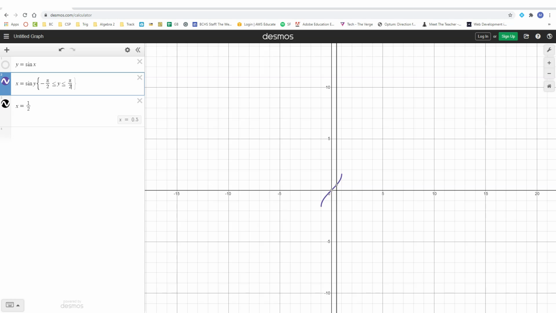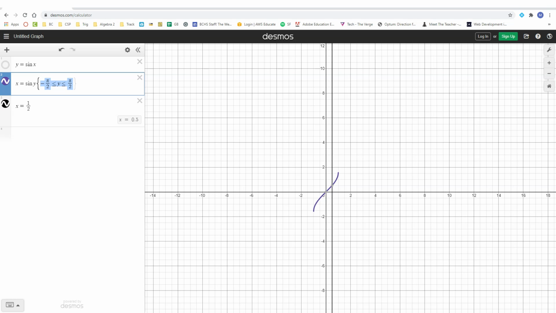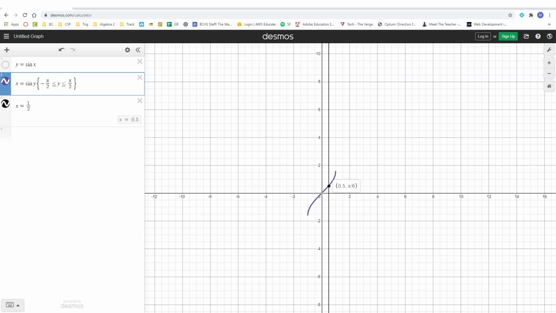Right? So we're just taking this little bit out, right? Now, if I said, look at this graph, does this pass the vertical line test? You'd say, absolutely. There's just one intersection there at 30 degrees or pi over 6, right? So this is part of the definition of the sine inverse right here, this extra bit of information, because it